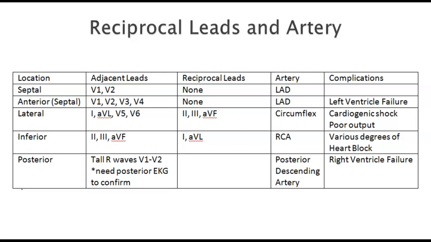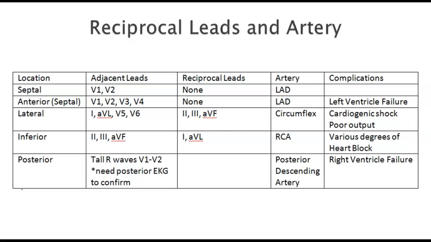So the lateral leads, the left side of the heart, are lead 1, AVL, V5, V6. The opposite of left is right. The right side of the heart is 2, 3, and AVF. They call it inferior because your heart being on the side, the right side of the heart is going down towards your feet. So this little handout shows you the different arteries and what can happen with each infarct. So the inferior, being the right side of the heart, the opposite is the left side. So the lateral leads are the opposite.